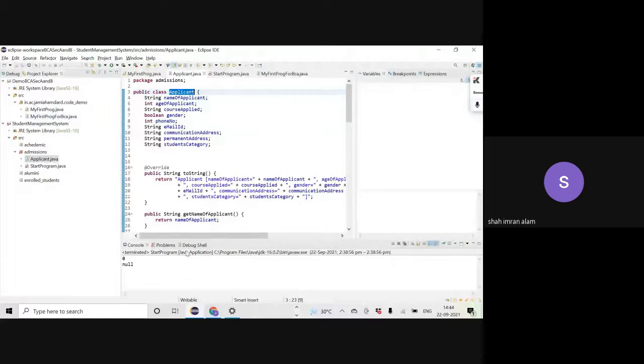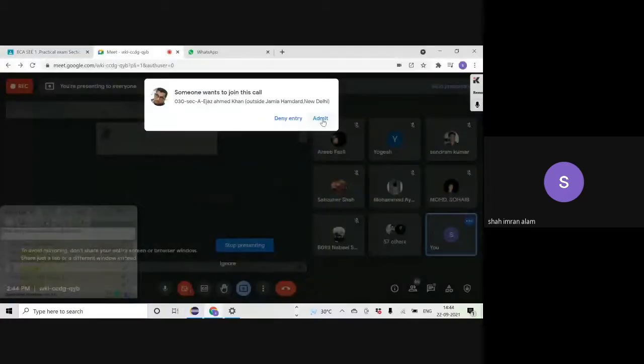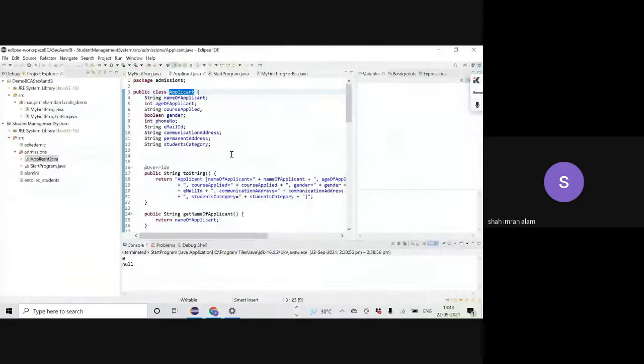So see, if people keep on joining later, like the start time of 2:30 for today, then it will be very difficult for me to keep checking the meet screen and accepting them. So please do one thing. Please try to join right on time or even before the time. That will make things easier. I will try to focus on teaching you more than on all these unnecessary disturbances.